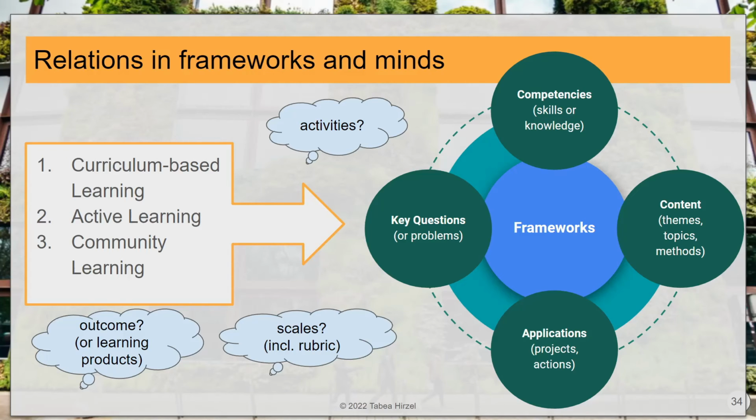These are completely different learning approaches which focus on each of these points. Frameworks are usually only based on competencies. Libraries and academic disciplines are usually organized along content. So what they do is usually connect competencies with content in some way, and then you say, and the key questions and what to do with the applications, this is where the teacher has to start thinking and losing time.